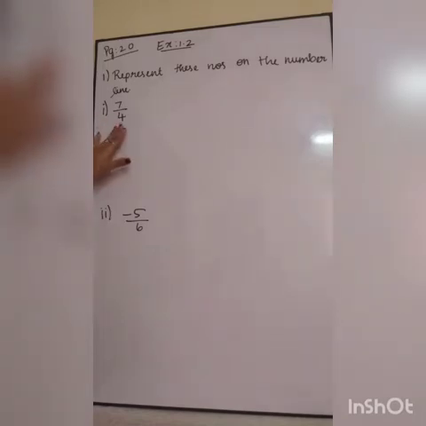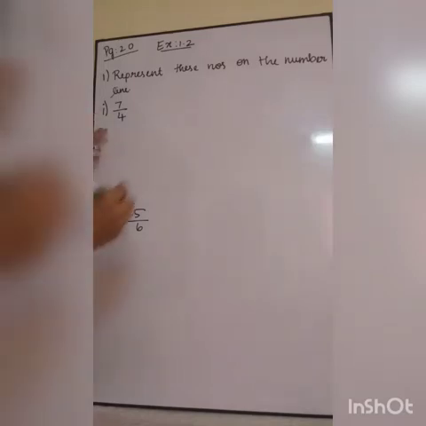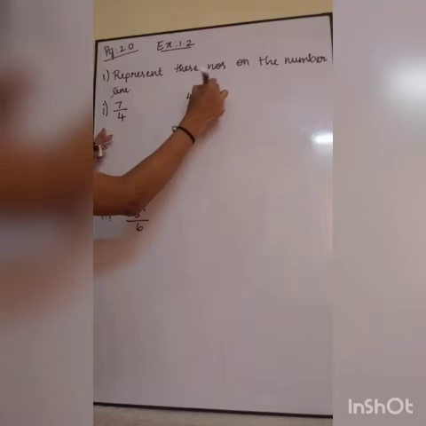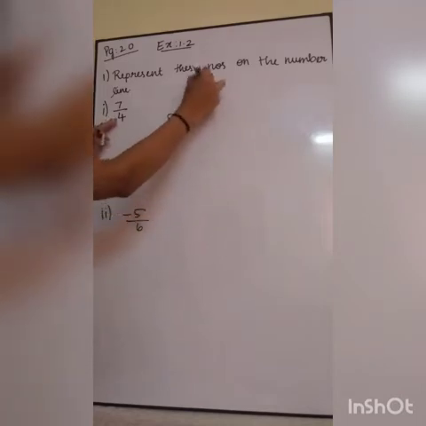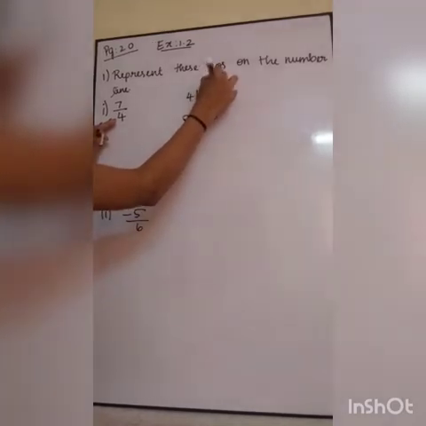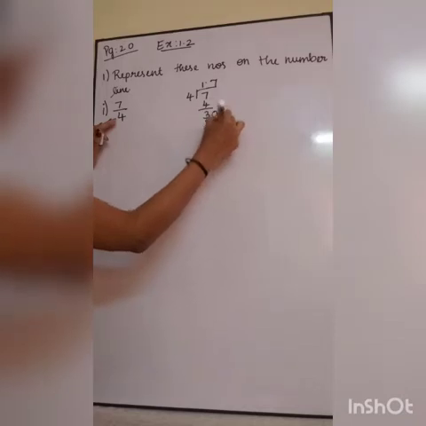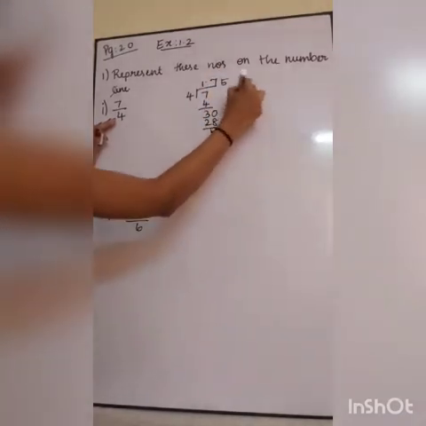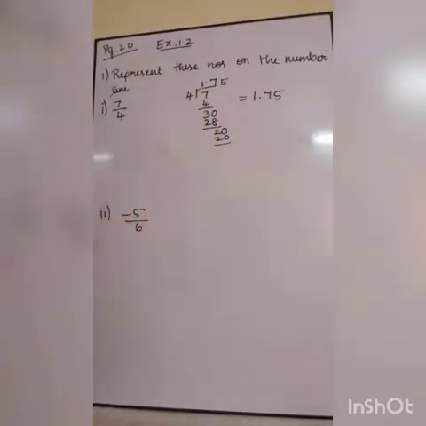So what is the question? First question, 7 by 4. See, listen, till last class we were representing numbers that lie between 0 and 1. Sometimes it will lie between 0 and -1. Like that we have discussed. But listen here, 7 by 4. If you divide 7 by 4, 1 times 4 is 4, remainder 3. 7 4s are 28, 20. So what is my answer? 1.75. So it will lie between 1 and 2.